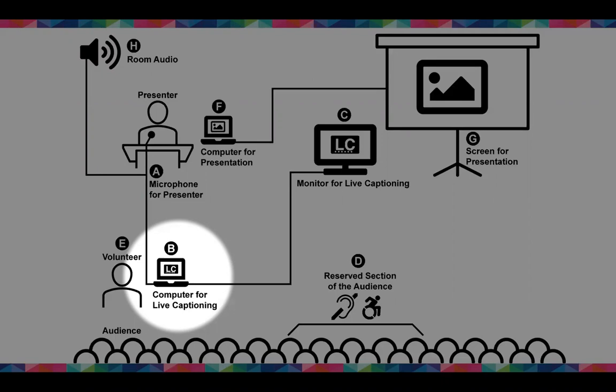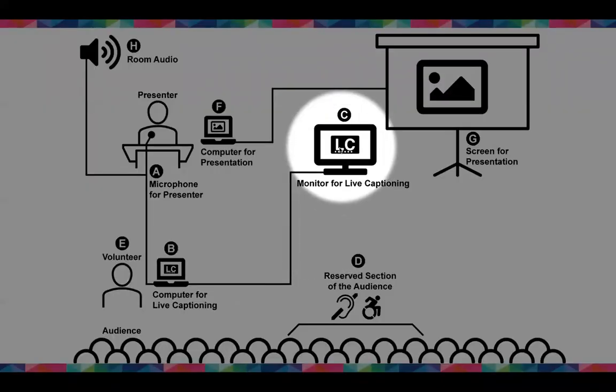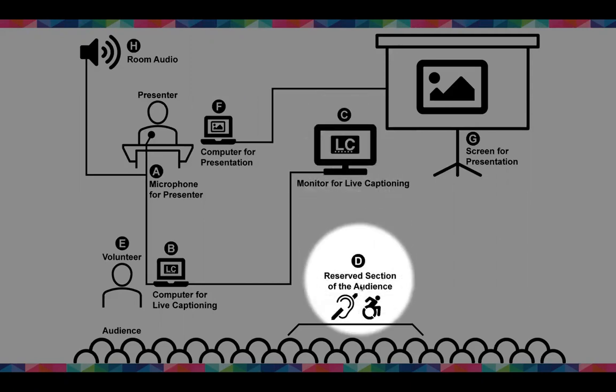What is then going to happen is we're going to go all the way over to C, which is a monitor for live captioning. And what that does is so everybody doesn't have to gather around the laptop. It takes the output of what's being displayed on the laptop and puts it on a monitor for the room to display the live captioning speech to text, which leads us to item D, which